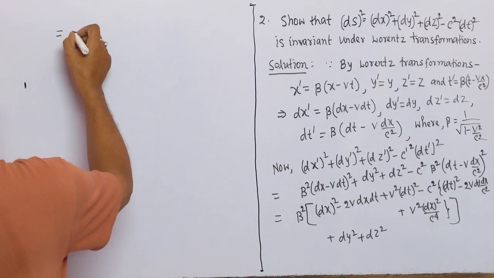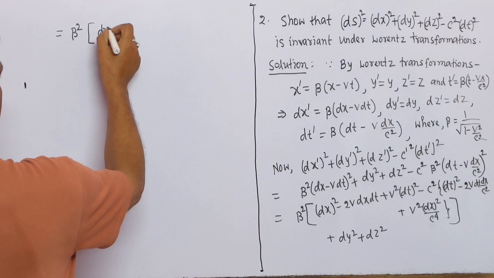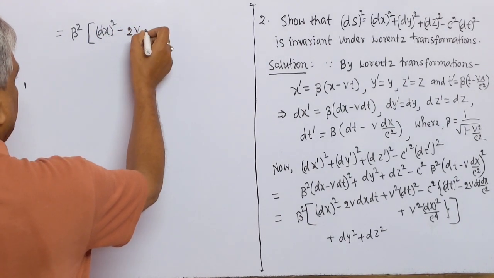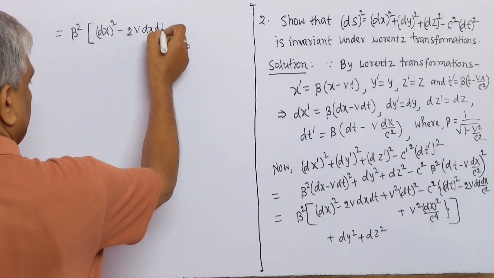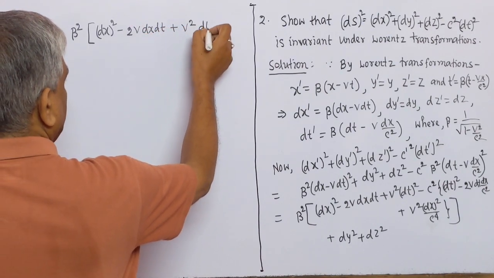This is equal to beta square times dx square minus 2v dx dt plus v square dt square